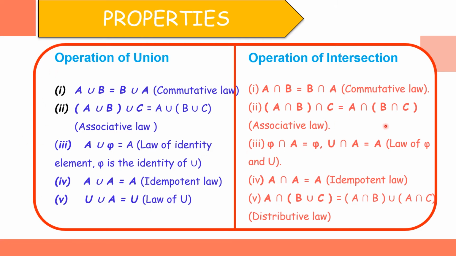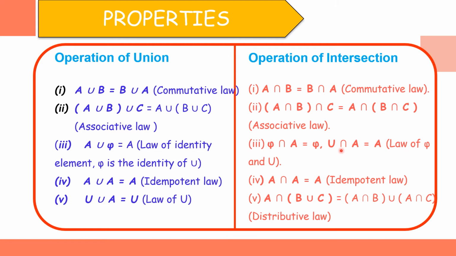When it comes to intersection, the same thing. Whatever we have done with union, we'll just do with intersection. A intersection B is the same as B intersection A. Commutative law. Again, associative law holds good, and the law of identity also holds good. Phi intersection A is again phi. But see here, A union phi is A. We are uniting there. Here we are identifying the common elements, intersection. So what will be the common element with the null set and another set? Nothing. There won't be any common element. So the result will be a null set. Remember, null set intersection any set will give you the null set.